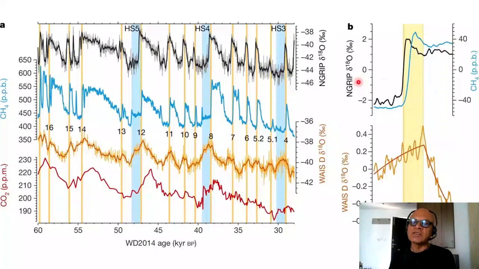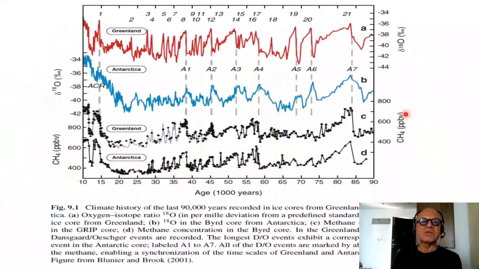So if you look at the GRIP, which is from Greenland, and look at the delta O18 and methane, you can see relatively rapid changes of decades. Okay, so this is 200 years here, so that's 50, 100, 150 and 200. So this is happening very rapidly, and this is the West Antarctic ice sheet data, which also shows a correspondence between them. So there are not only changes happening in the Southern Ocean, but also corresponding signatures in the Northern